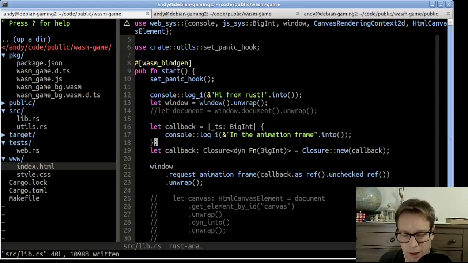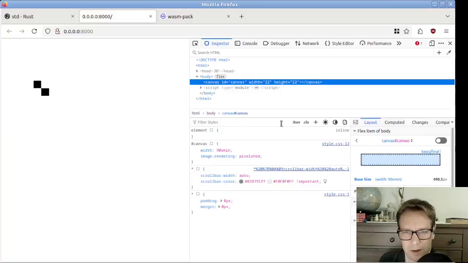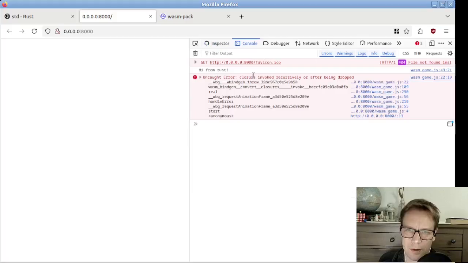And I think this is going to crash. Let's try it. I think it's going to crash. This is one, like I said, one of the rough edges. Yeah. So the reason it crashed is because we tried to call a closure. Notice, by the way, it didn't log out the answer either, so it crashed before